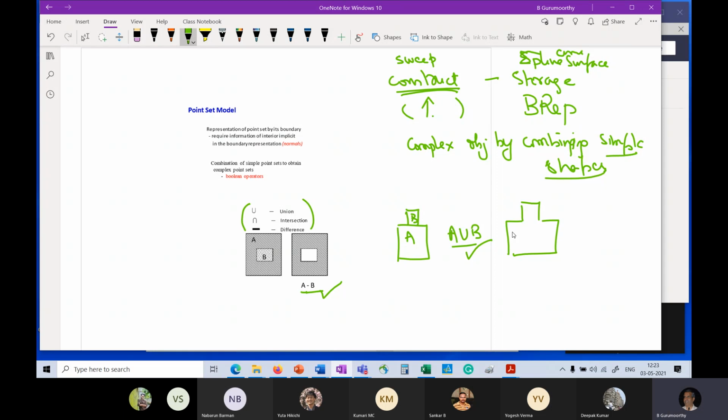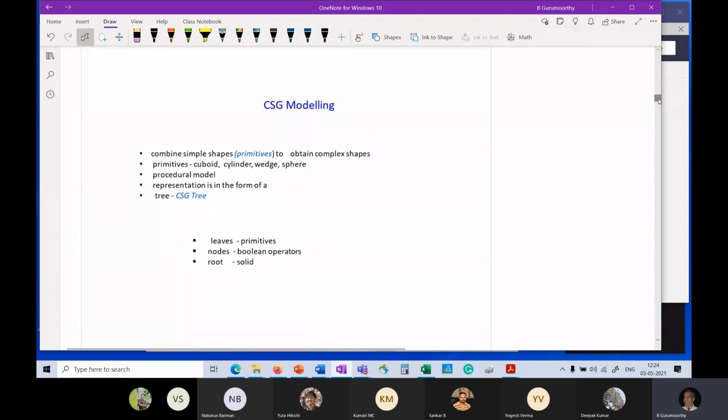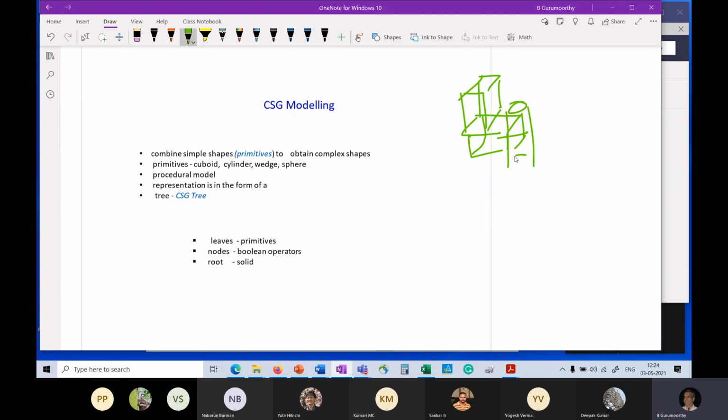So this example is in 2D, but presumably this will also work in 3D. I hope I have a sketch in the next picture. No, I don't. So I'll have to draw one. So let me do that here on the side. But there are examples below as well. So let's take a block, right? And stick another block here, right? And stick a cylinder here. Okay, somewhere in the middle of this edge.